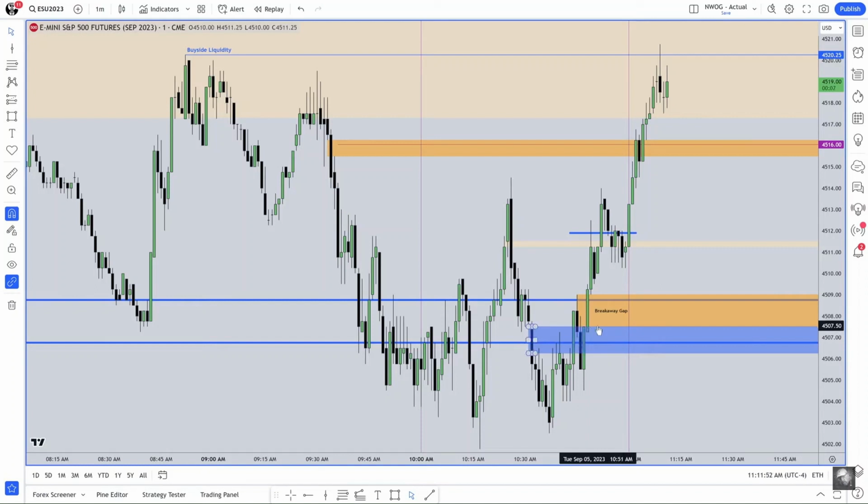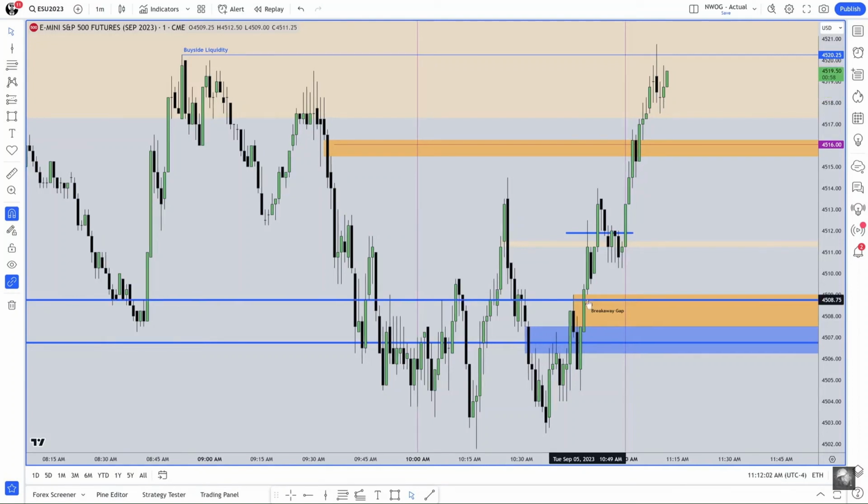We went outside of the daily volume imbalance, which are these two blue lines here. I said, okay, if we touch that, that also could be a factor to allow a sensitive reaction where price could be used to go higher. Didn't do that one either. Because I had both of those, this is for the folks that are asking, how do you know when it's a breakaway gap? I looked at two different instances where I would normally expect,